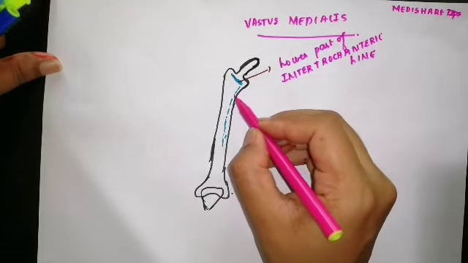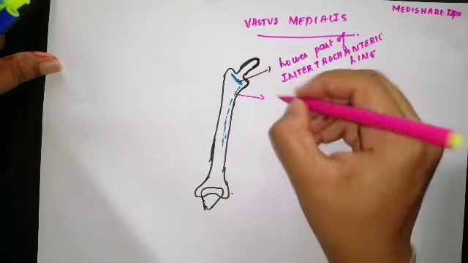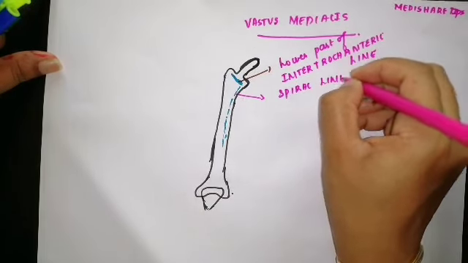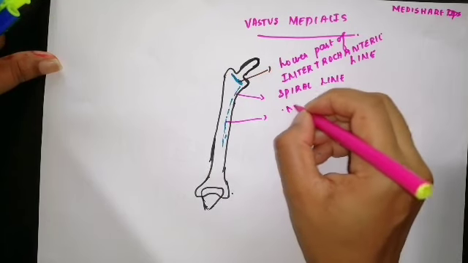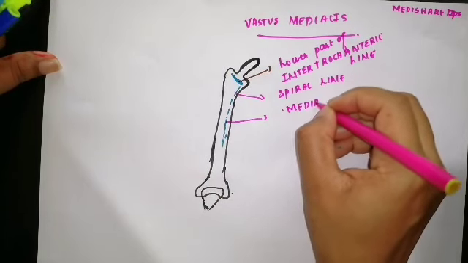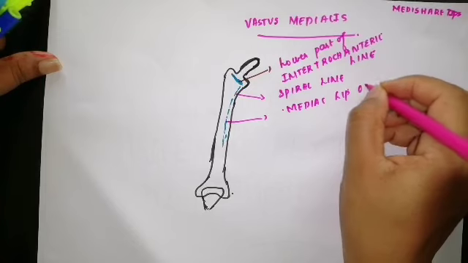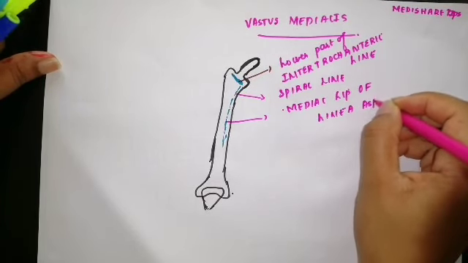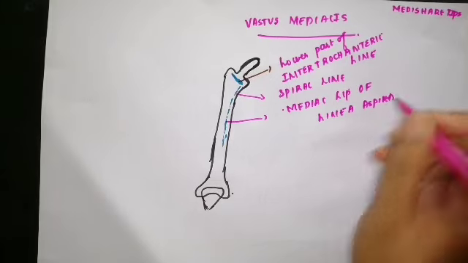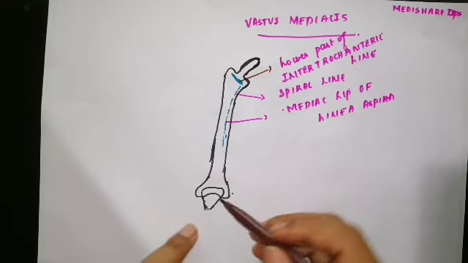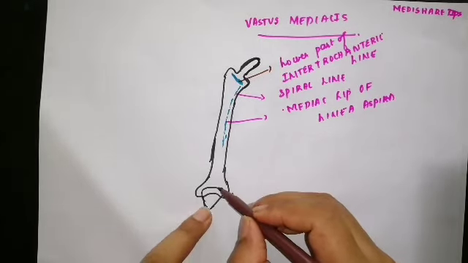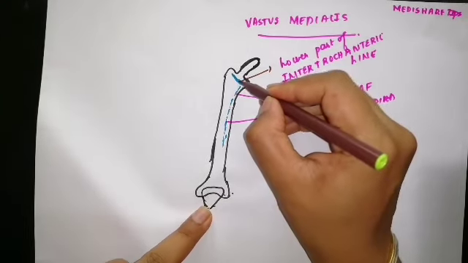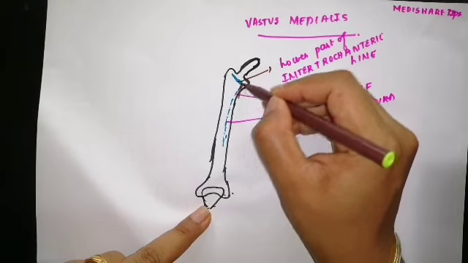And it is arising from the spiral line also, and from this is the medial lip of linea aspera. So it is also having a linear origin, and it is on the medial side. So it gets inserted into the medial part of base of patella and the medial border of patella. So originating from this part like this,